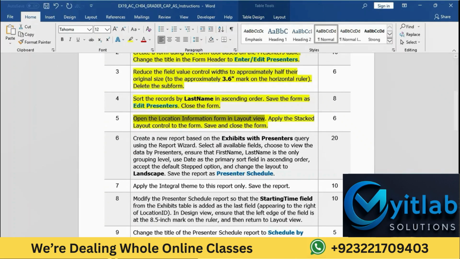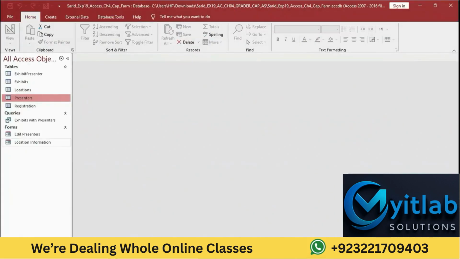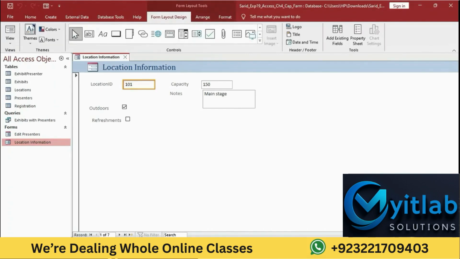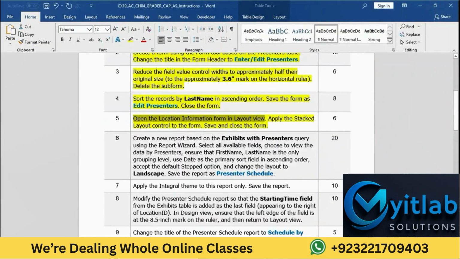Moving on to the Assess file, and then we will have to open the Location Information form in Layout view. Click on the View tab and click on Layout view. It will open in Layout view. Apply the stacked layout to the form.